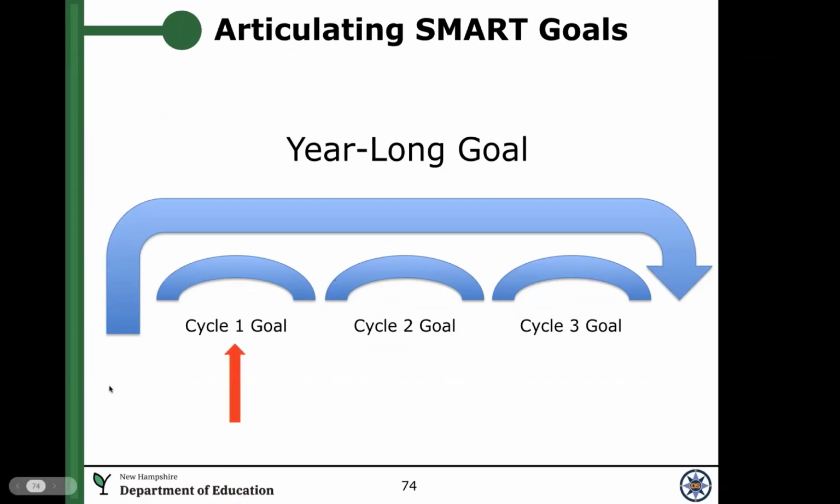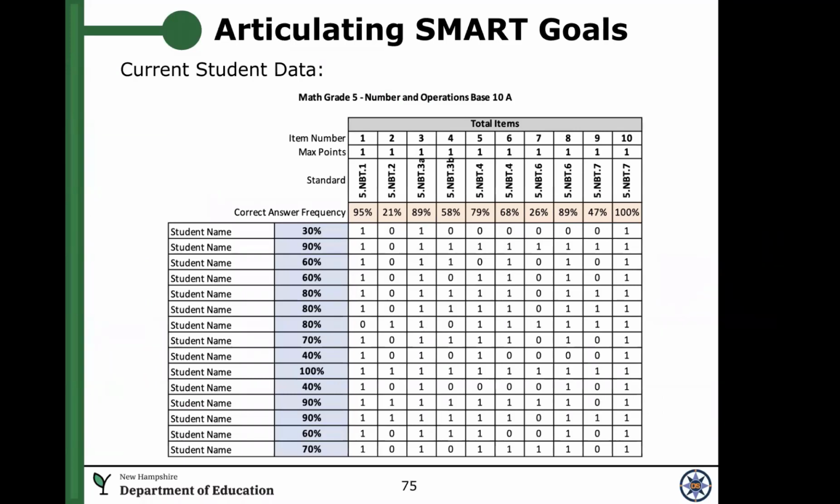Right now, what I want to show you is the process of, okay, I have my year-long SMART goal, and now I'm looking at just a single cycle goal. You're going to see that this process is exactly the same, but I wanted to go through it just to make sure that you understand it for a specific cycle as well, but everything's going to look very familiar to you. The difference is I am going to, for a specific cycle, look at current student